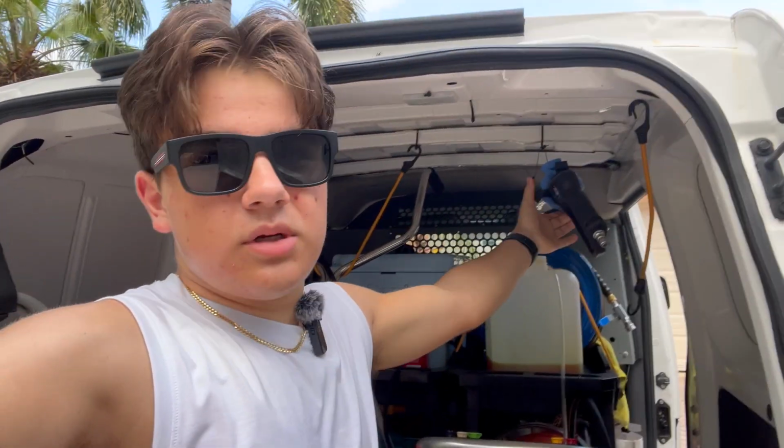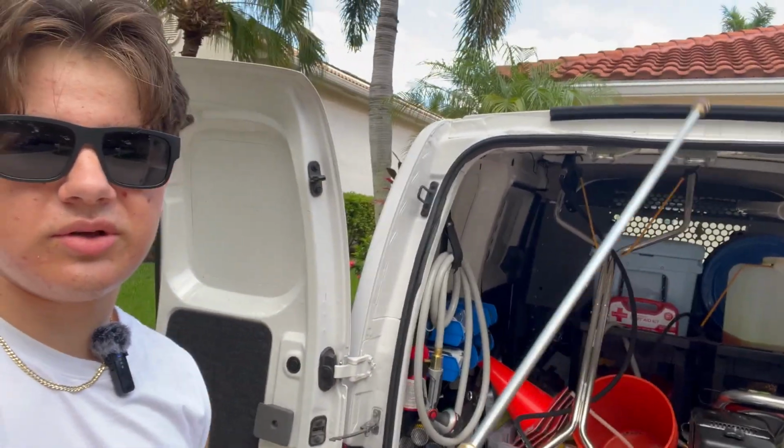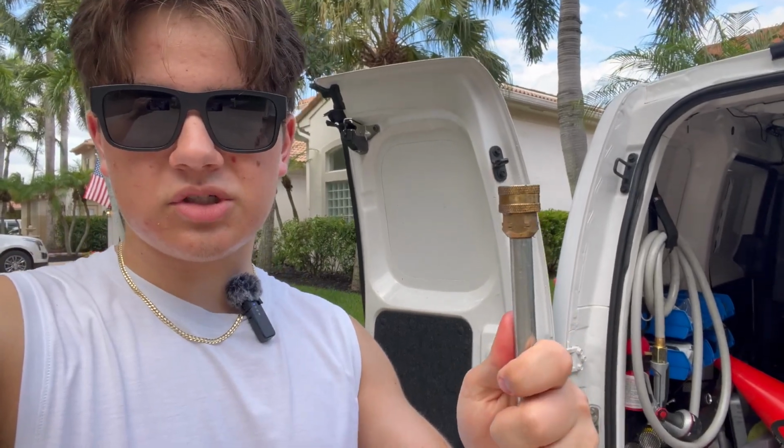Very simple. Simply take it out. You have a nice little tube so the gun can reach through. But this thing has no nozzle on right now. We always make sure to put all the nozzles in the correct place after we leave a job, just for organization purposes. But when you start off on the driveway, at least I do, I always make sure to put on the soap nozzle. You could do a rinse, but usually the only thing you need the rinse for is